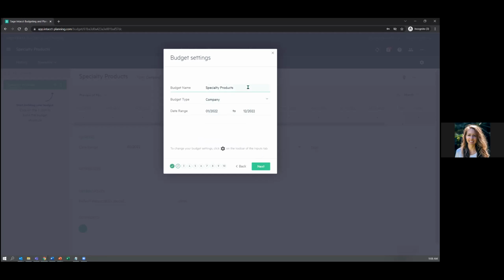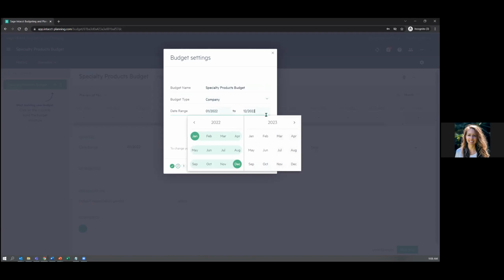Next, you would name your budget. So we'll call this Specialty Products Budget. You would choose whether it's a for-profit or nonprofit company, and this will determine the type of labels that are in your reports and so forth within the planning tool. And then also a date range. So we'll set this for 1 year, but just keep in mind you can have a multi-year budget, whether you want to do a higher level 5-year strategic plan or maybe just a detailed 1-year budget going forward. This can be changed also at